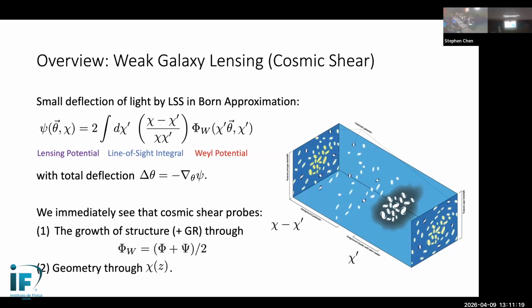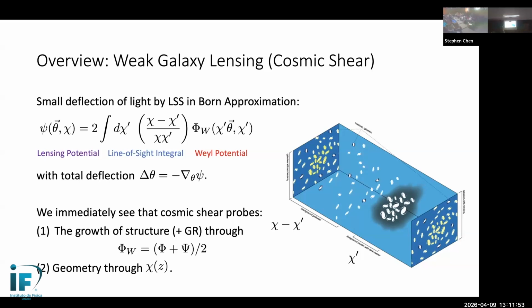And this distortion is governed by the so-called Weyl potential, which is the average in GR of the spatial and time potentials. And in the Born approximation in this weak lensing limit, this is governed by the lensing potential, which is an integral of this potential along the line of sight. Right. So you basically weight the gravitational potential between the galaxy and us, and this sum potential informs us through this weight, where chi is the co-moving distance along the line of sight of